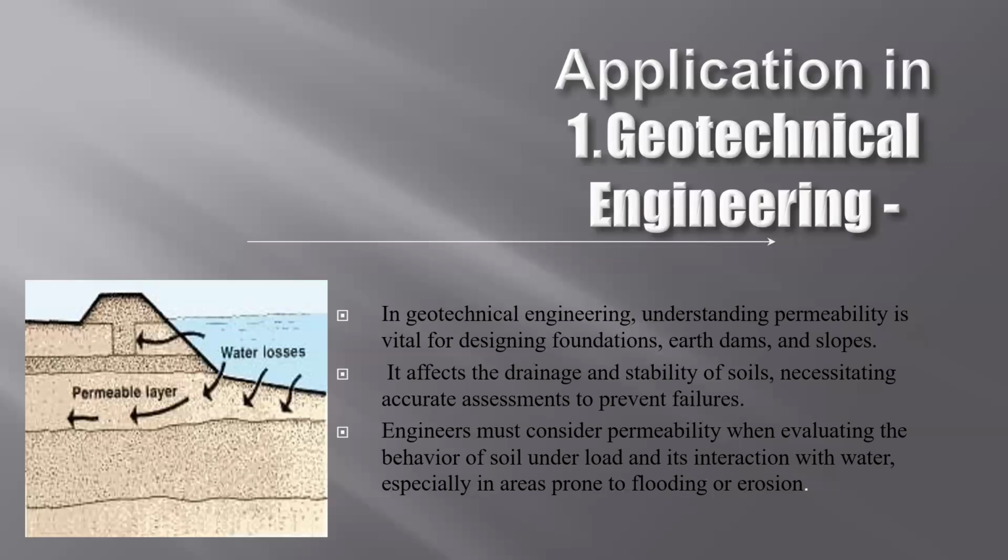Then permeability affects the drainage and stability of soil. It matters for the accuracy of pavement failure analysis. In pavement failure, we find the permeability of the material and then design the structure. The engineer must consider permeability when evaluating the behavior of soil under load. If we apply a load on any material and failure occurs,